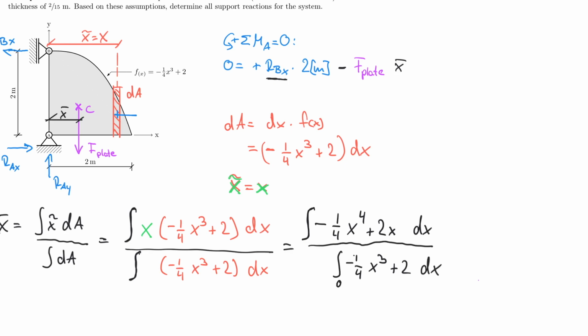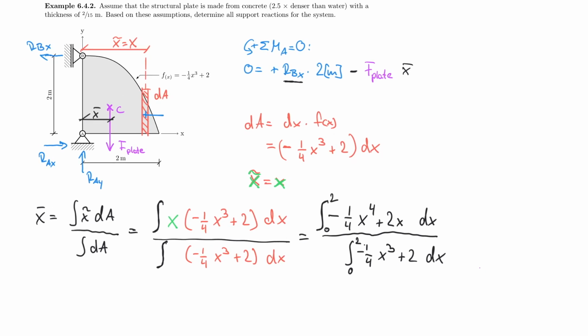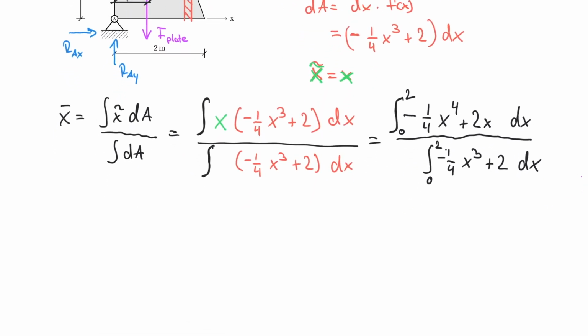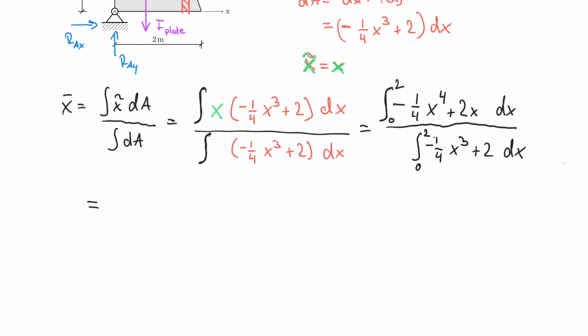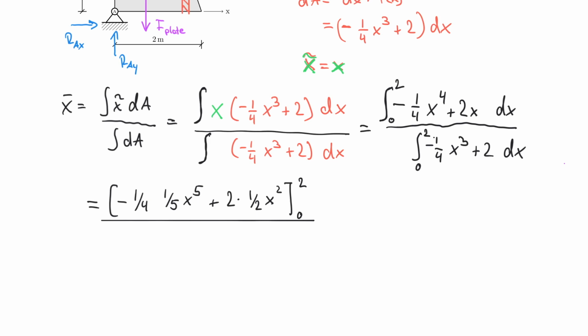But I'm going to do that from 0 to 2, because I'm integrating over x for that plate here. And if I now rearrange everything, then what do I end up with? I end up with something that is -1/4 times 1/5 x to the 5 plus 2 times 1/2 x squared, and the whole thing integrated from 0 to 2, and I divide it by the entire area, which happens to be